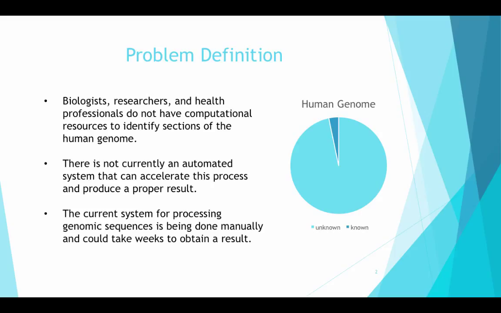Nowadays, biologists, researchers, and health professionals do not have the resources to identify computationally the sections of the human genome that are significant to study and prevent biologic disease processes due to the increasing production of genomic data. The reason for this problem is that there is not currently an automated system that can accelerate this process and